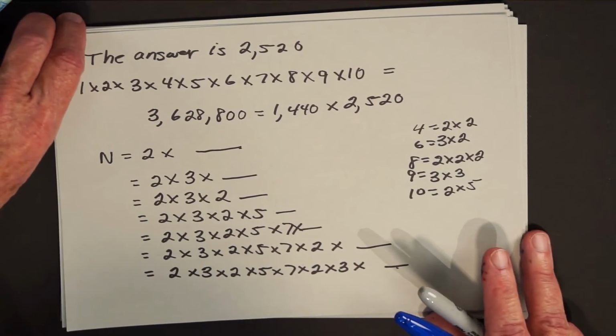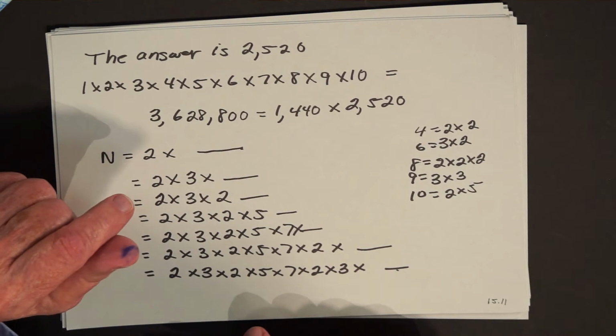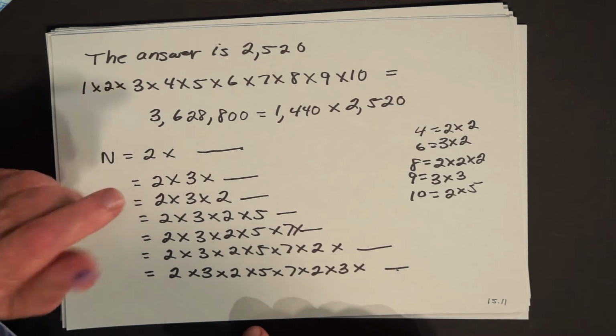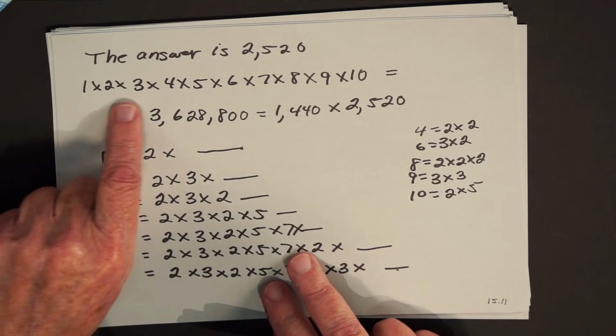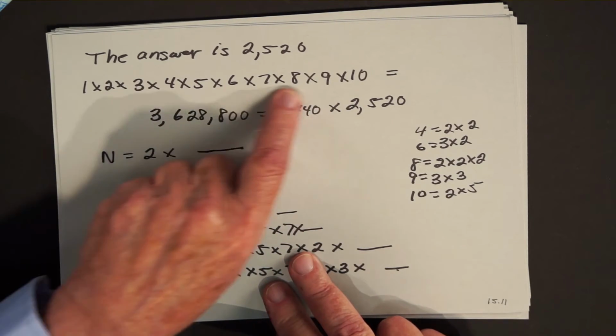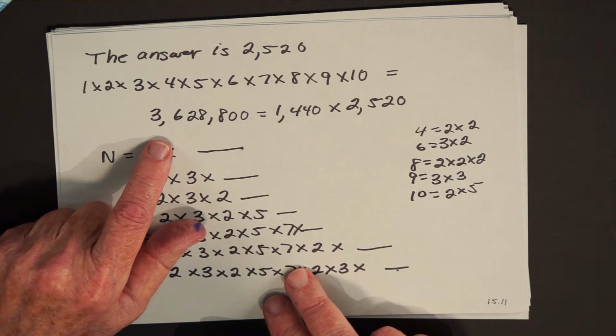Well, let me start with the answer. The answer happens to be 2,520. So if somebody says, tell me a nice thing about the number 2,520, you can say it's the smallest non-zero whole number that's divisible by 1, 2, 3, 4, 5, 6, 7, 8, 9, and 10. You could also have found the common multiple just by multiplying all of these guys together. And that would give you a very nice number,